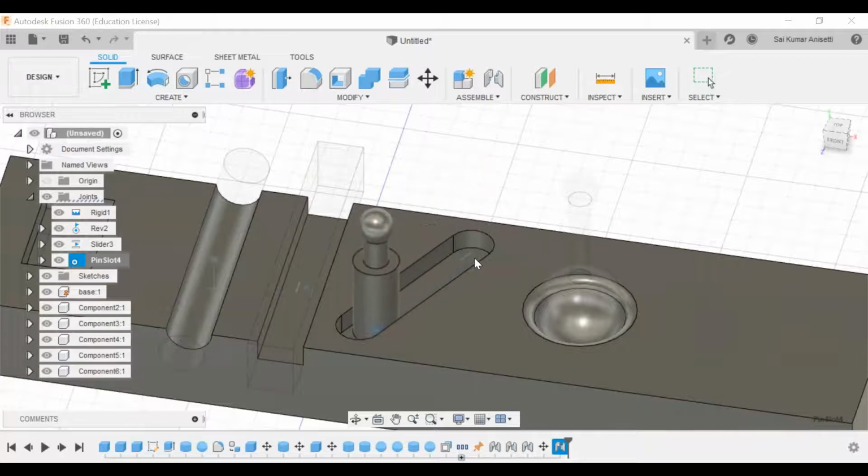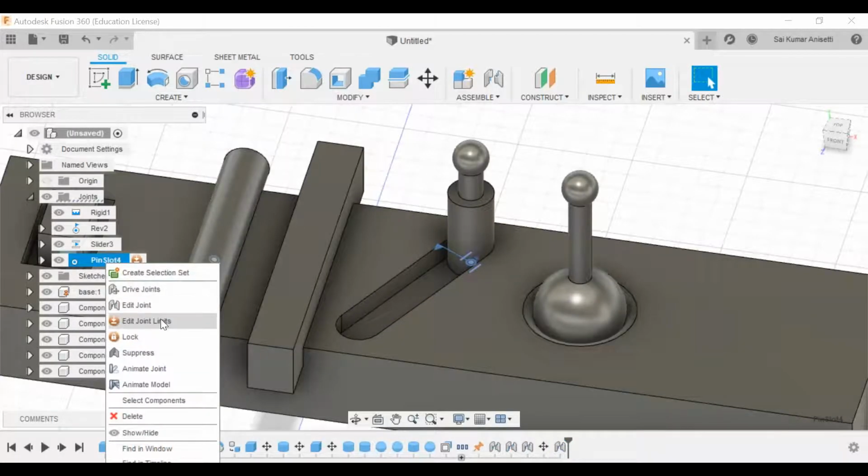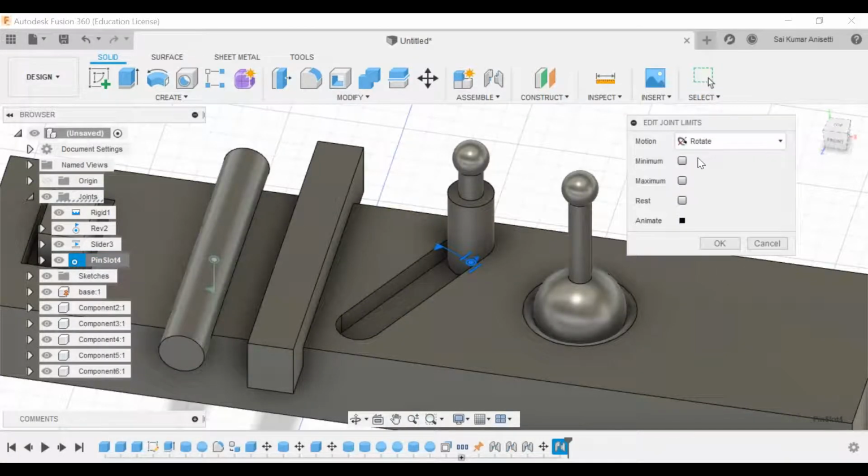So your minimum should be 0 and maximum should be -65, or else 0 for maximum and minimum of -65. Can go either way. So rotation, see, it is rotating in its own axis, and it is going to slide in its given particular slot. Okay, again, if you want to animate and if you want to change the rotation also, it is going to hang.